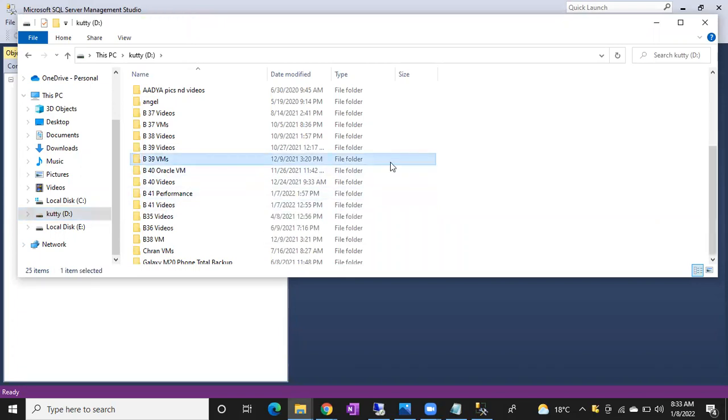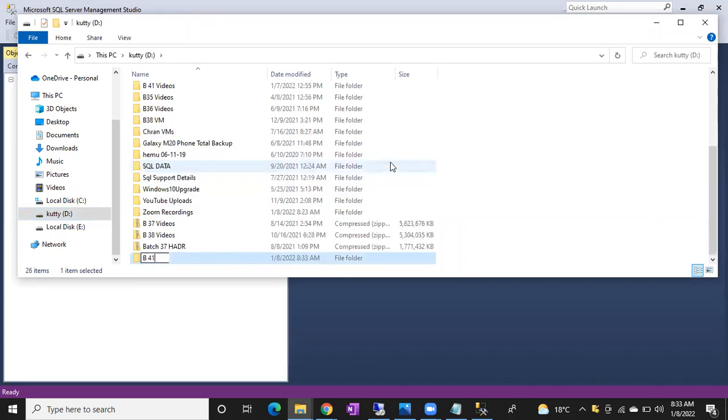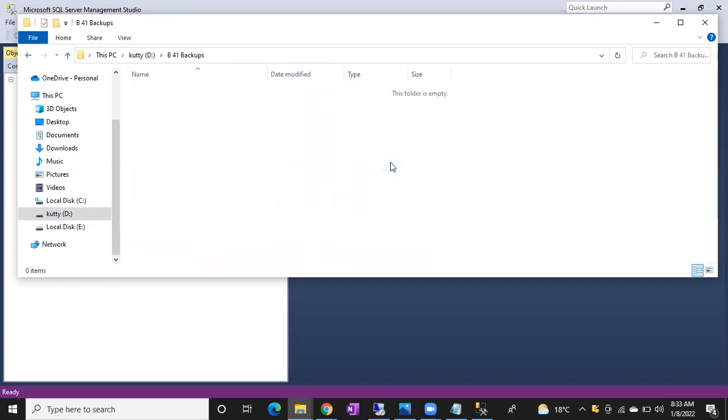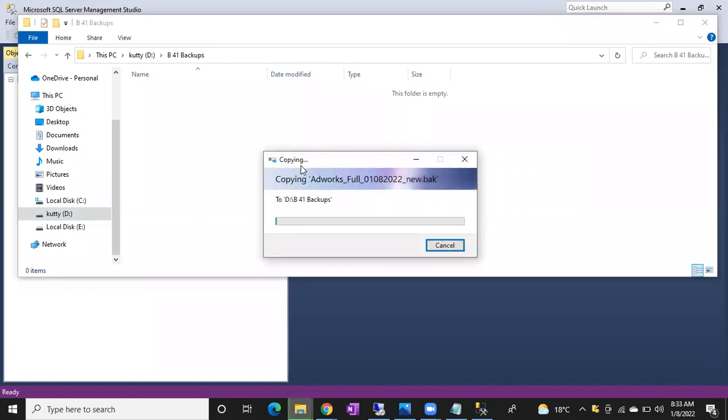Control Shift N. Shanmugh, we have another option also, right? We can connect that non-prod server. I'll tell you that as well. Okay, fine. And I'm just pasting my backup files here. Let's see this time how much time it will take to paste from Azure VM to our local machine.